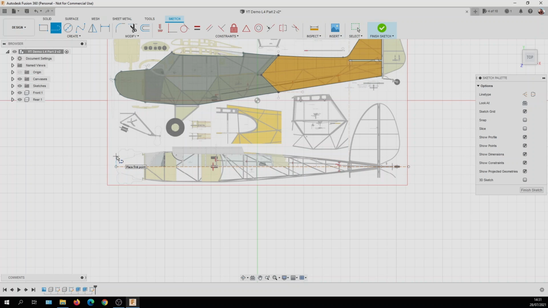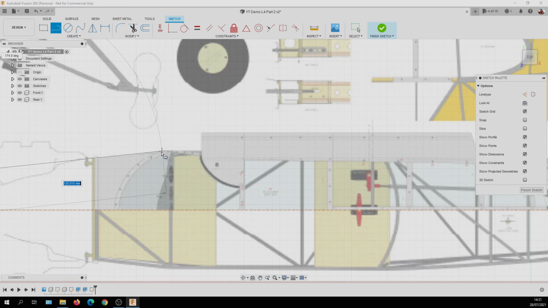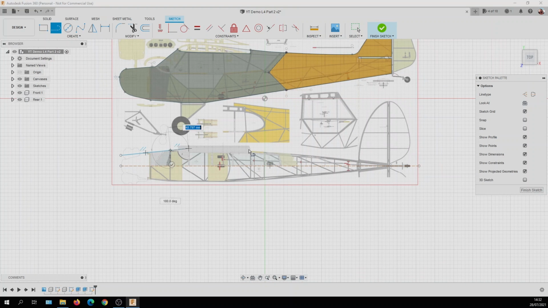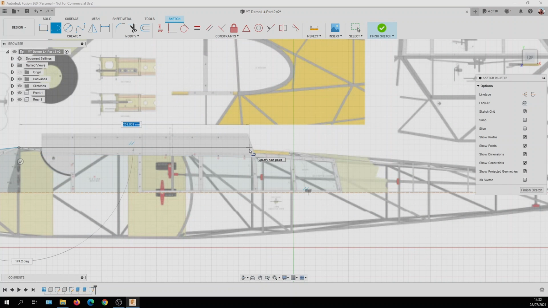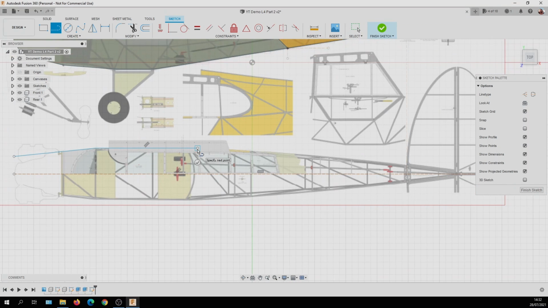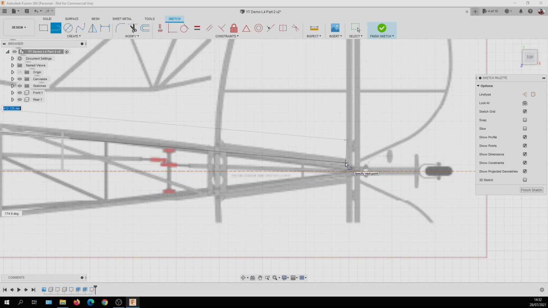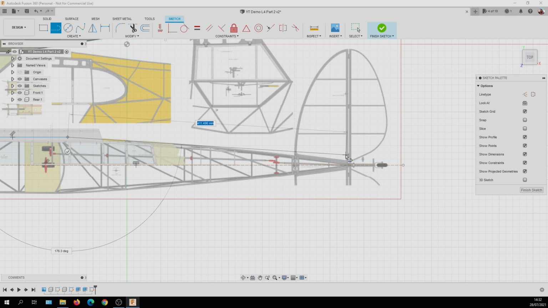And then what I'm going to do is just do a line from there to about there. And then another line from there to somewhere about there, where it starts to, probably starts to go in a bit earlier, doesn't it? So probably about there, and then down to the, you can see, because it's not exactly straight,